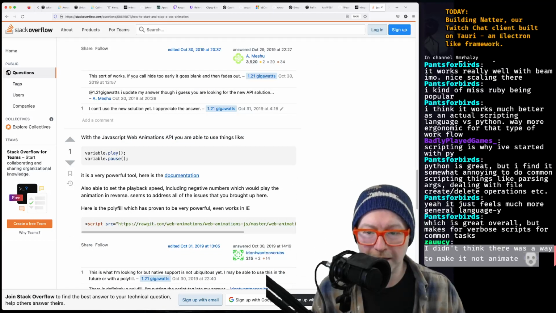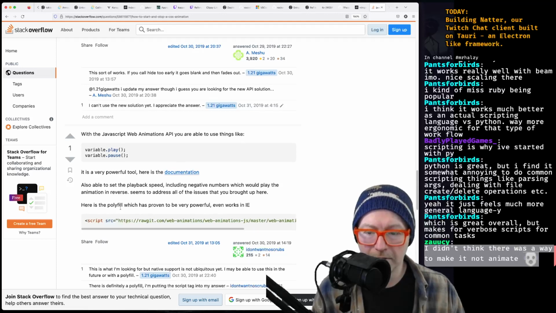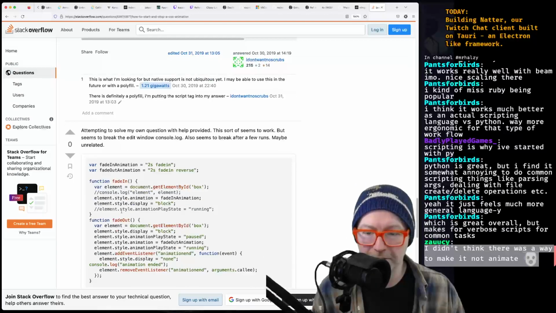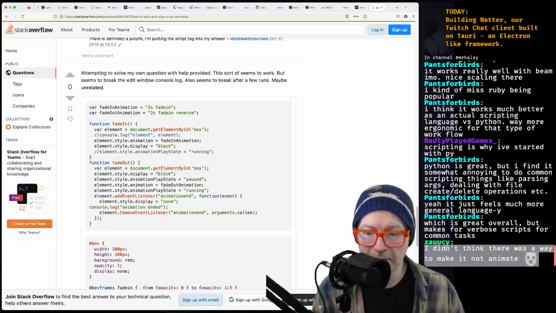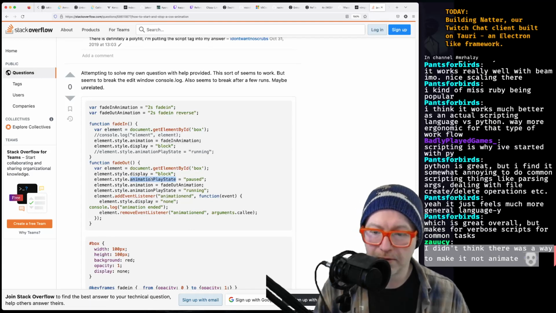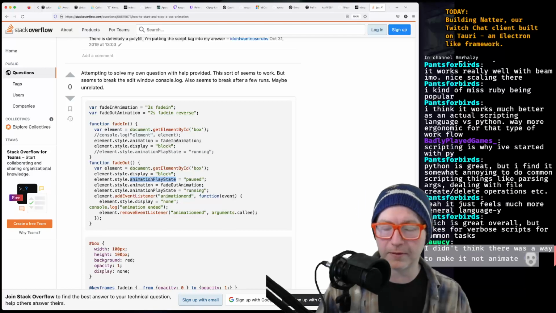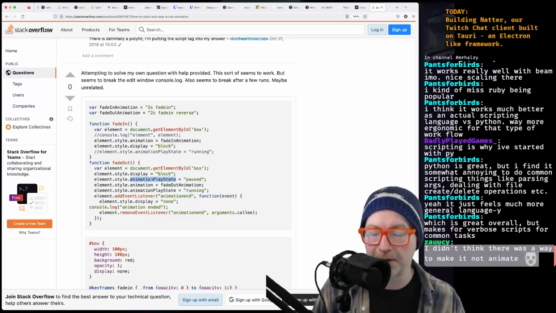The JavaScript Web Animations API, you are able to use things like play and pause. That's for animations, not for images. Animation play state? I mean, that I don't...